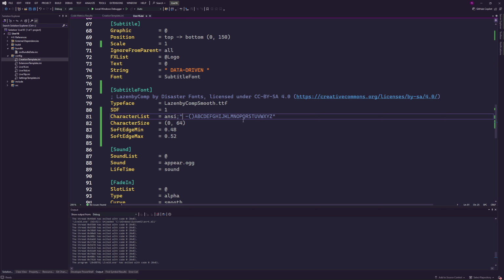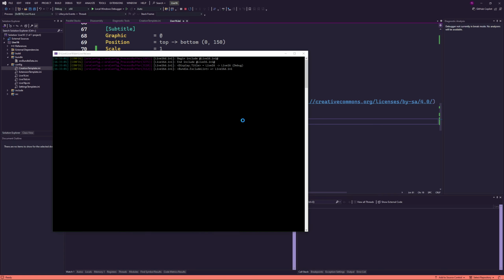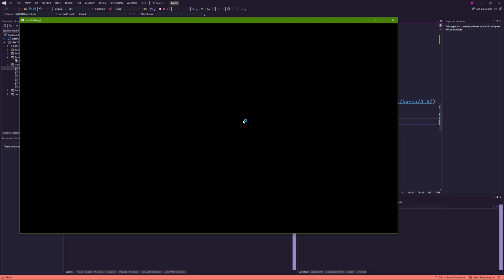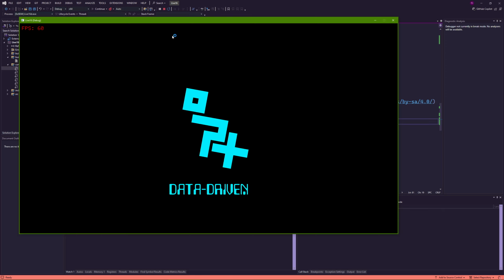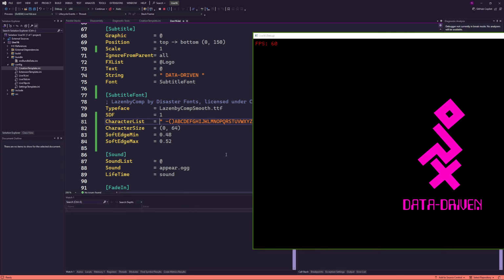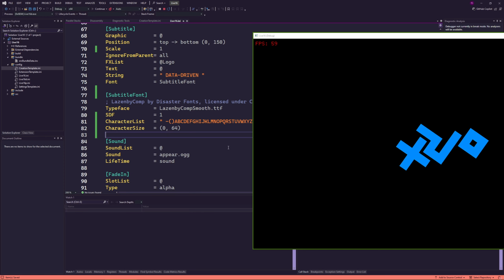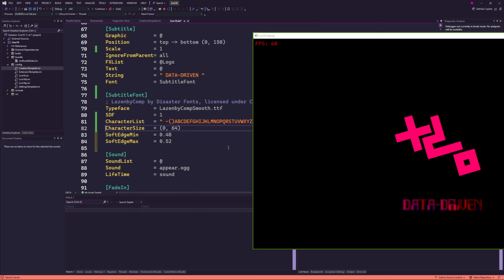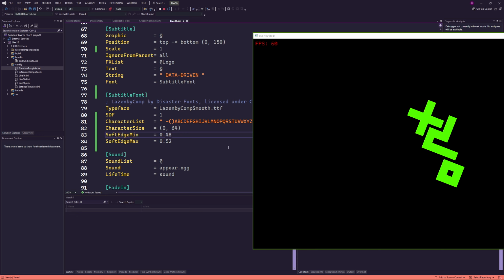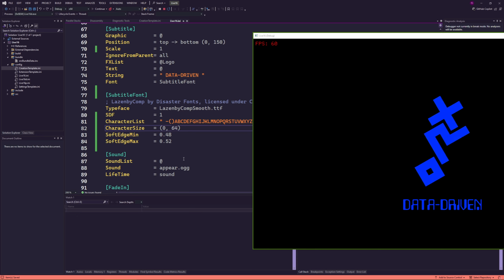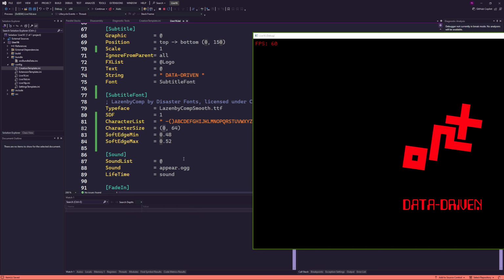I'm just going to go back to the small character set so that it's quite instant. Okay, there we go. Sorry, I'm going to remove this. Yeah, that broke it, so let's keep these values. It's fine.